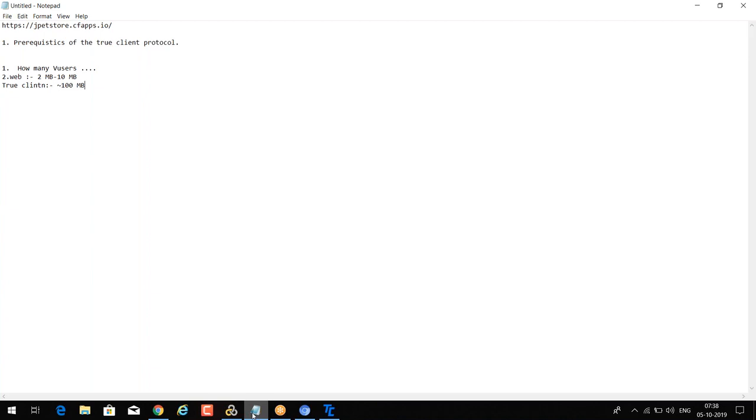So you need that kind of load generator from where you can simulate such loads. You need very good infrastructure while planning with the TruClient protocols. Suppose you are recording and you don't have that much infrastructure, then we will not be able to perform these sessions. So you must have good infrastructure. But nowadays I can see so many people are doing TruClient scripting, and they have very heavy infrastructures. The client is providing the infrastructure, but they want the results.